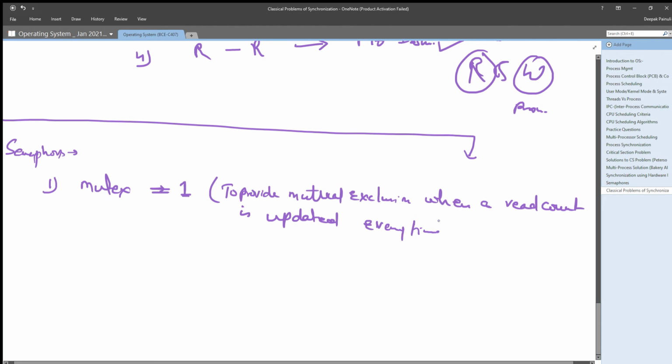That means whenever a new reader reads the shared object or shared data, right?